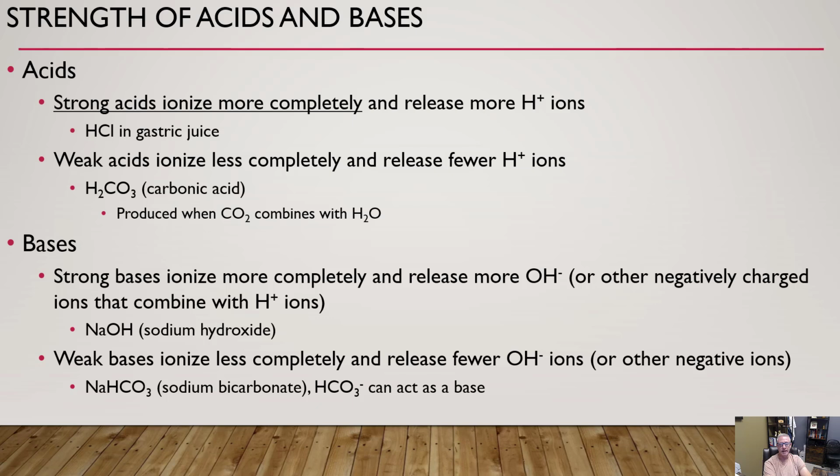Weak acids, like carbonic acid, are going to ionize less completely, and they're going to release fewer hydrogen ions. And I actually don't need the ions there because the H plus is inherent, meaning ions. So carbonic acid is an example of a weak acid, and carbonic acid can dissociate to produce carbon dioxide when combined with water. Bases, on the other hand,